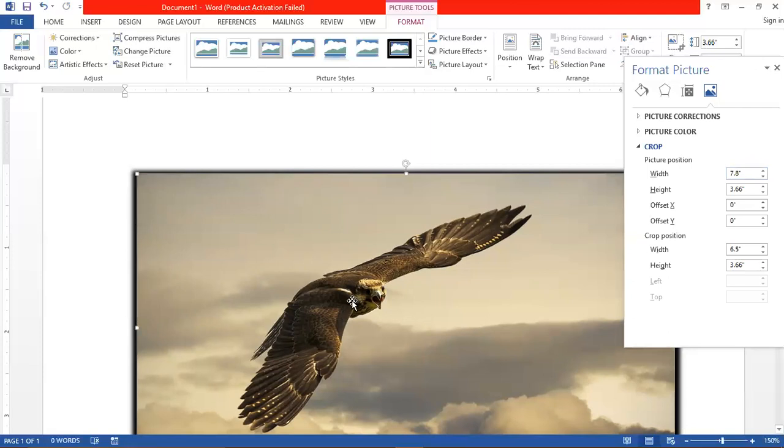Now one thing you can see is that the picture is still the same size, but this figure is being increased because from the edges of the picture, both the left and right sides, the picture is being cut out. So that's why the middle part of the image is growing and becoming bigger. So let's directly make it 10 inch.